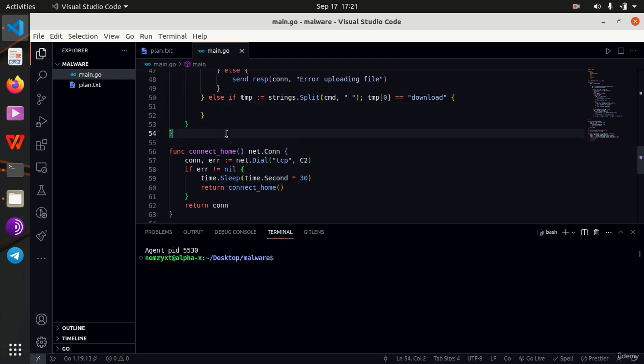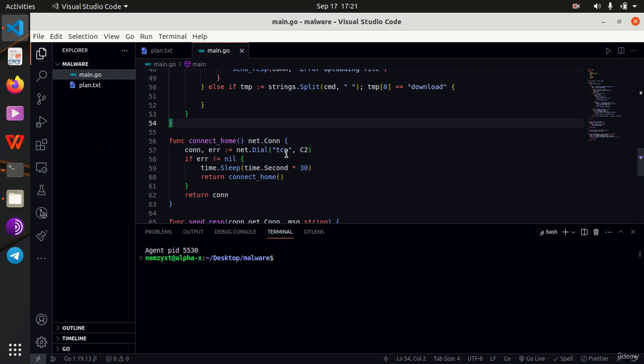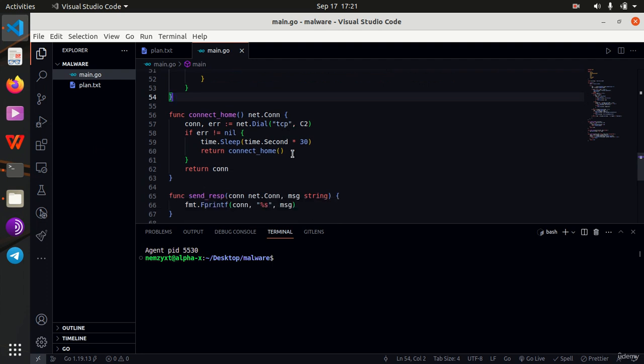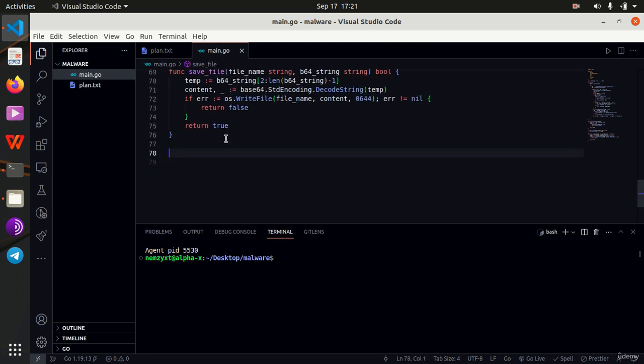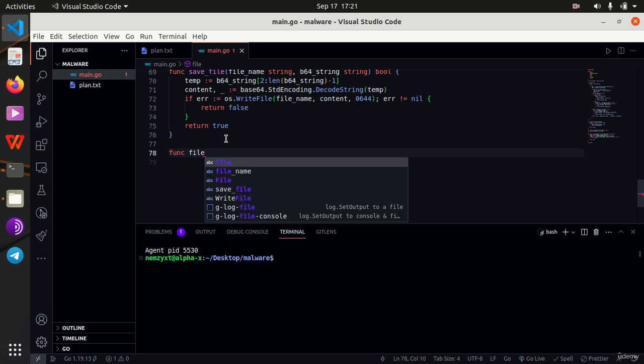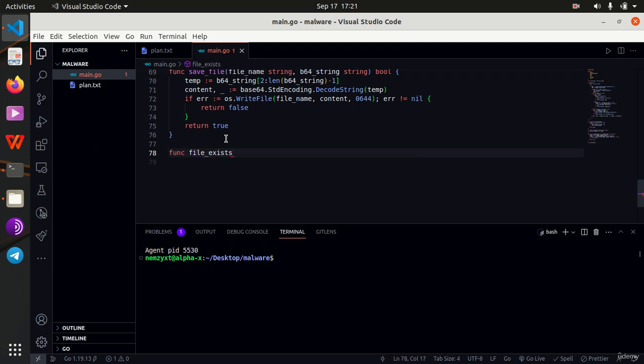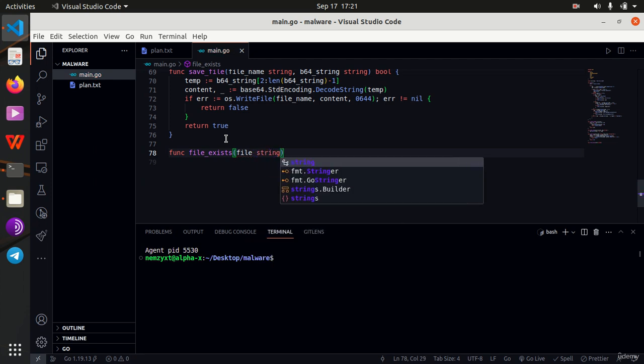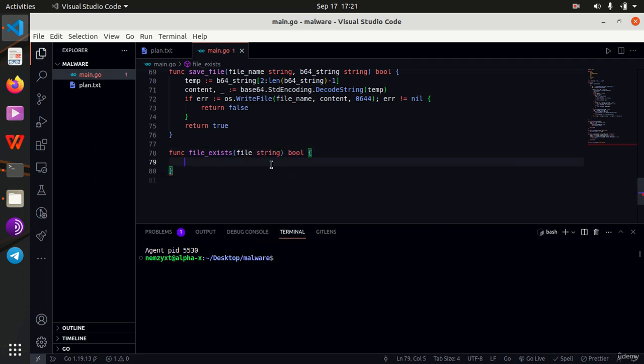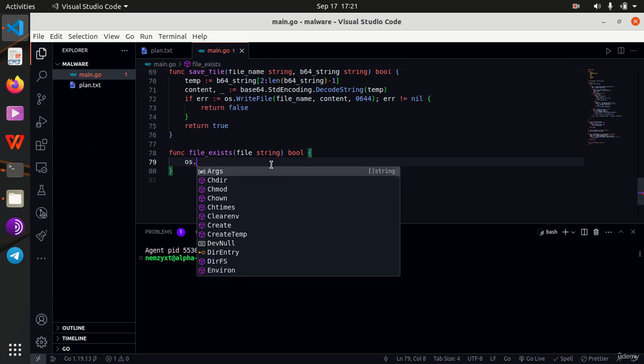Now for this case, we are going to first start by checking whether the file exists, since the command might be pointing to a file that does not exist, maybe a typo or something like that. So I'm going to create a function right here called fileExists, and it is going to return a boolean. So it's going to receive the name of the file, return a boolean, and right here we are going to use the Stat function of the OS package